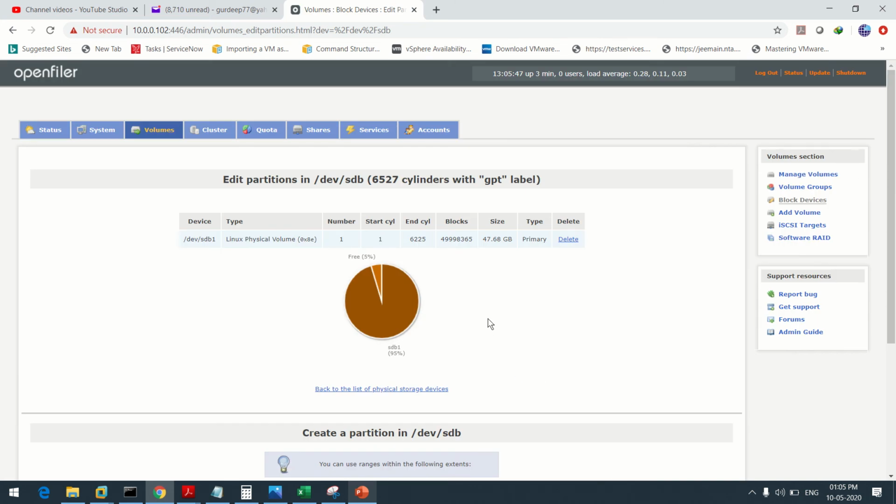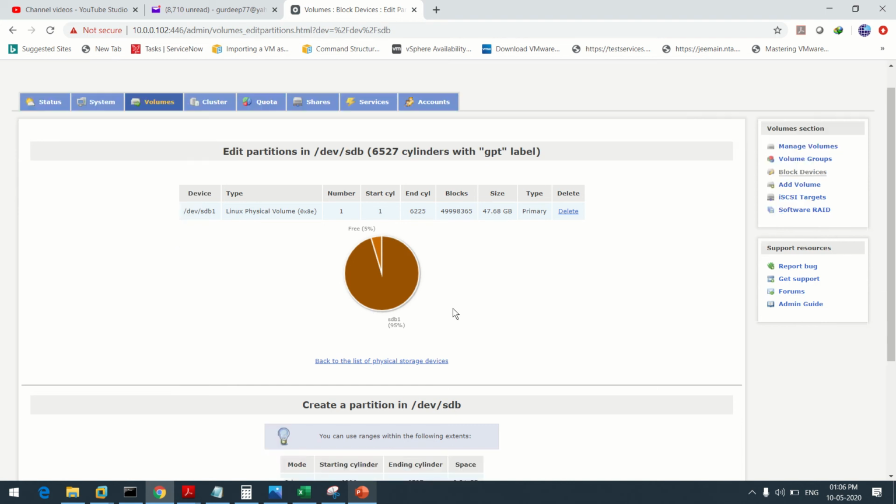Well, it has now been created. From SDB we have created a physical volume, and 5% is free, which is storing every bit of information about what we have done on the 50 GB of this volume, right?